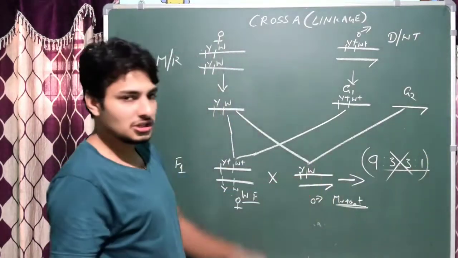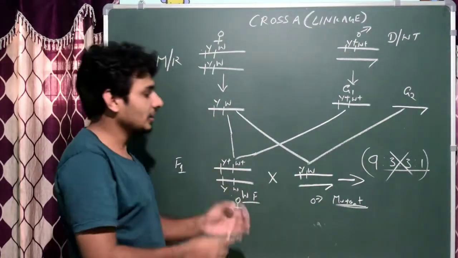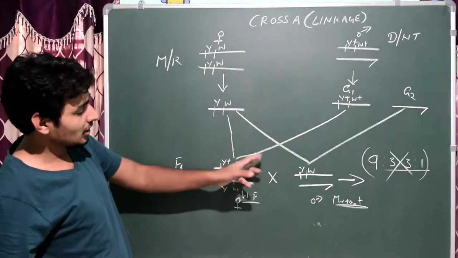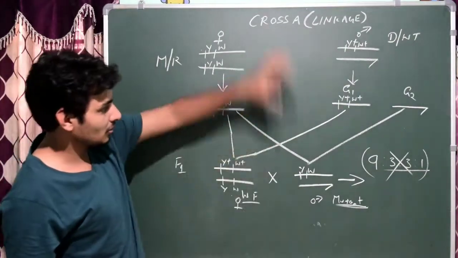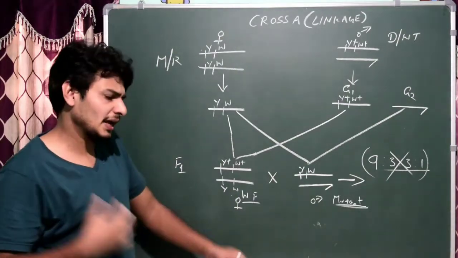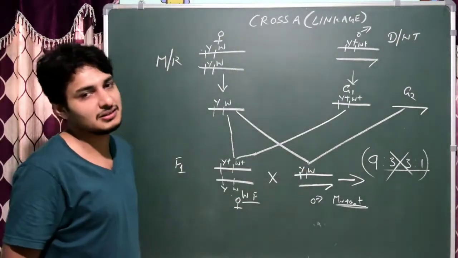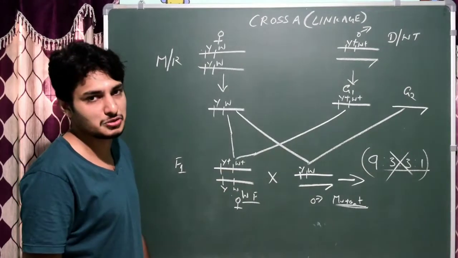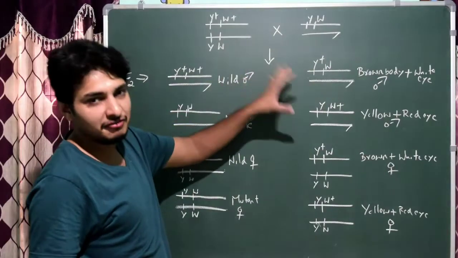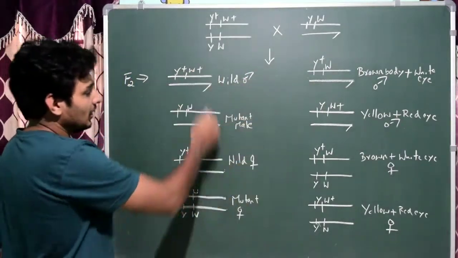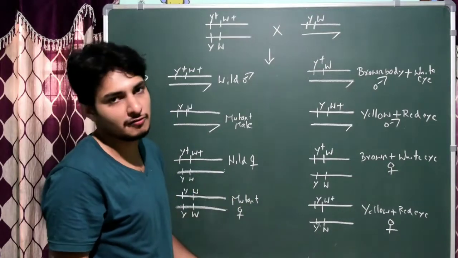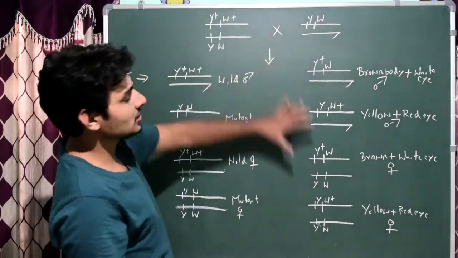Even if you just do this, obviously you get it. But okay, I'll erase it and I'll write all the F2 generations on this board, and you will see that whatever result T.H. Morgan got completely deviated from Mendel's dihybrid cross experiment. Let us see that. I have written the F2 offspring. You could see around 8 offspring. In his experiment he actually got more than thousands of offspring, but this is convenient for us.